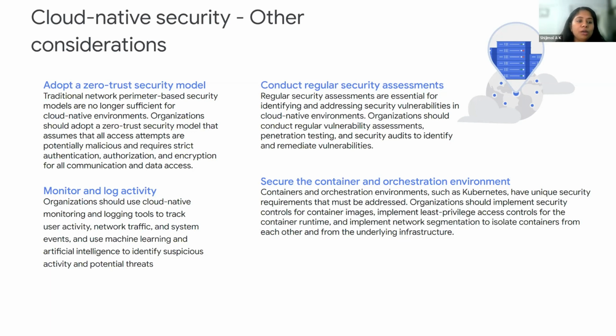Okay, so we talked about container image scanning. We talked about signing, right? So those kind of mechanisms should be implemented. And you should also make sure that you're implementing least privilege access controls for container runtime, because containers, we know, share the operating system, right? So it shouldn't happen that somebody accesses the container and through that they get access to the host system, and from there they get access to all the other containers, right? So make sure that there is a principle of least privilege implemented in the container runtime.